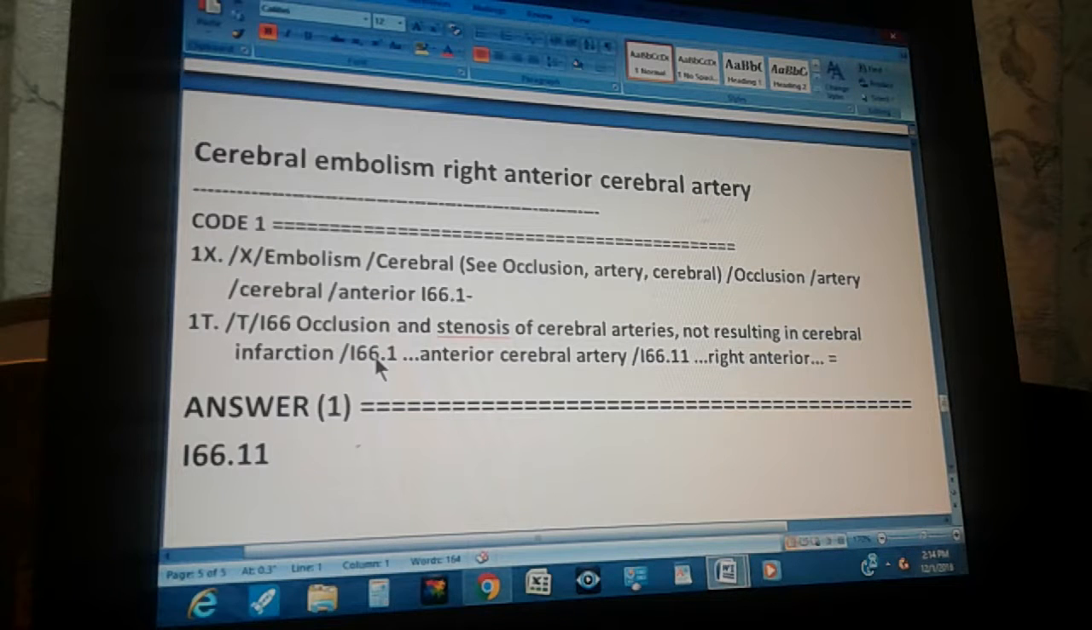So let's continue. I66.1 is anterior cerebral artery. We're getting close now. And what's the next character? I66.11 is right anterior, because there are 2 anterior cerebral arteries, the right and the left. In this case, we want the right. That's why there's an equal sign at the end, which means that we have found our code. So the code is